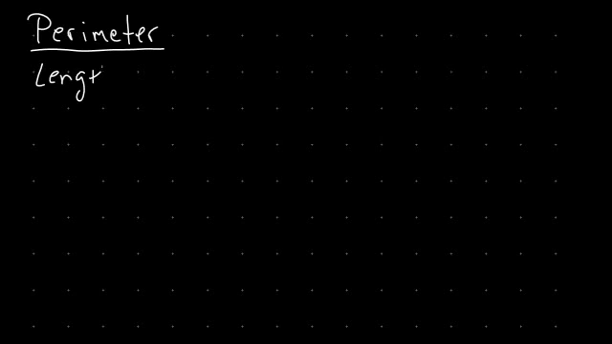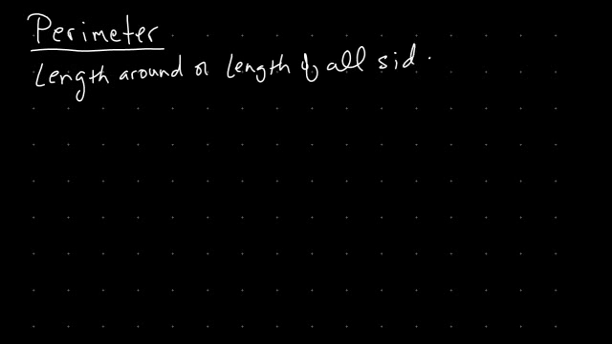Okay, in this video we're going to be talking about perimeter in general. Perimeter is going to be defined as the length around something, or the length of all sides. That is, as long as we have a figure that has straight sides, we just take a